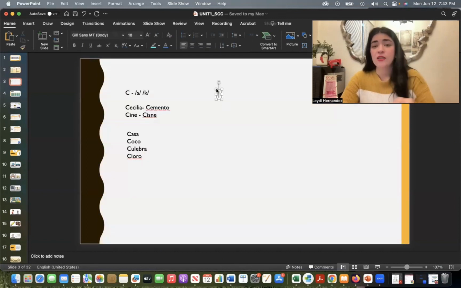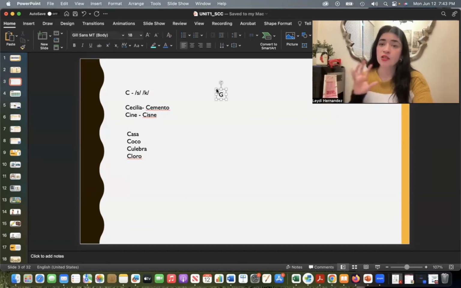Okay, let's continue with the next letter, that is the letter G. Now, G also has two sounds. We have a soft sound and a strong sound. And it also depends on the vowel, if the vowel is weak or if it is strong. So GE and GI have a soft sound like